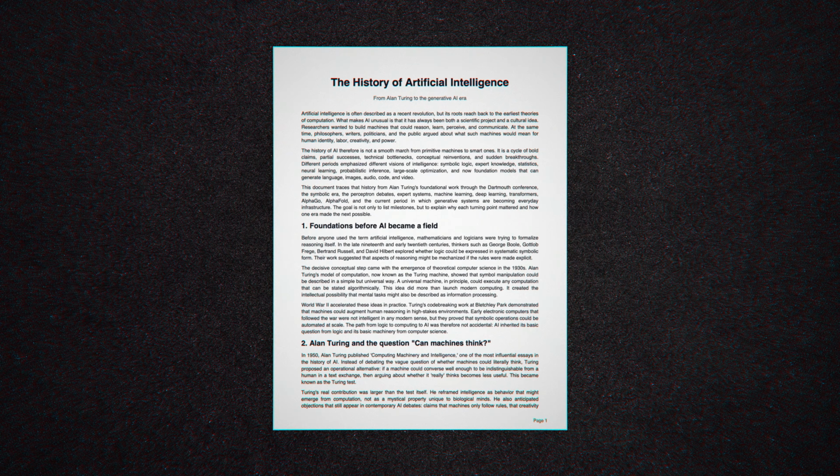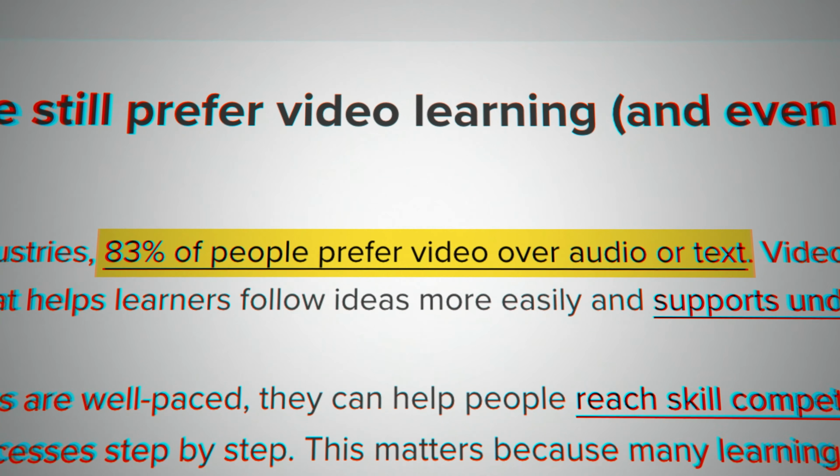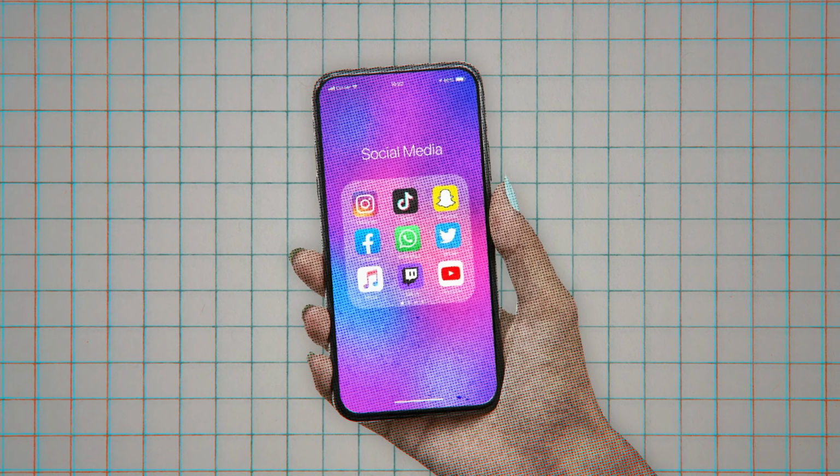Now, I'm guessing you already have a PDF that you want to convert, otherwise you wouldn't be here, and I'm going to use this one that explains the entire history of AI, and it's essentially just 10 long pages of boring text. Studies have shown that people much prefer learning via video, so this tool I'm about to show you is perfect for presentations at work or even posts for social media,